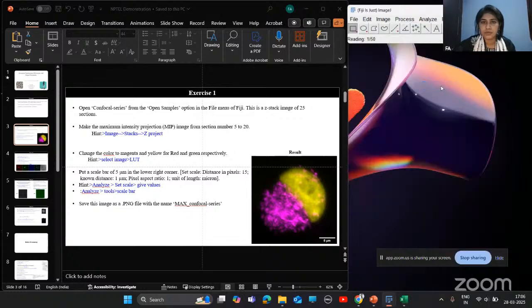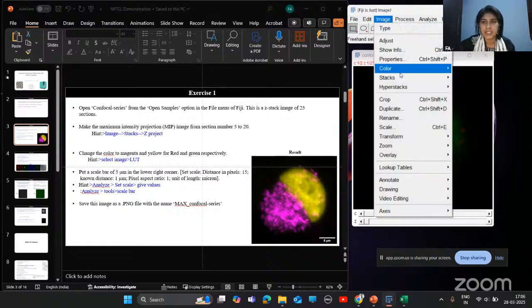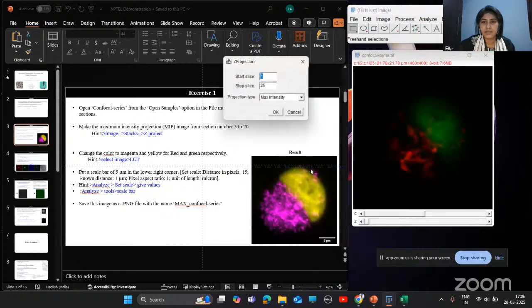This one is the confocal series image. Here you can see this one is a two channel image and it has 25 Z stacks. So first you need to create a maximum intensity projection image. For this, you need to go to Image, Stacks, and Z Project.